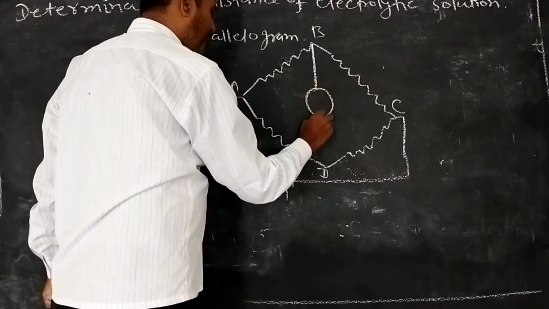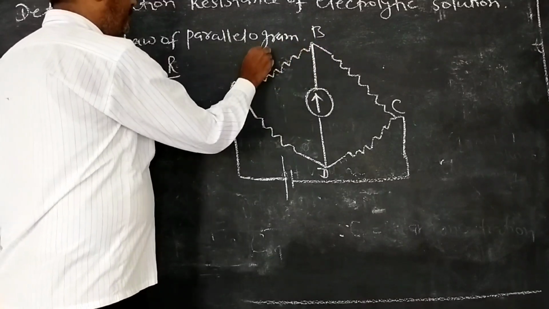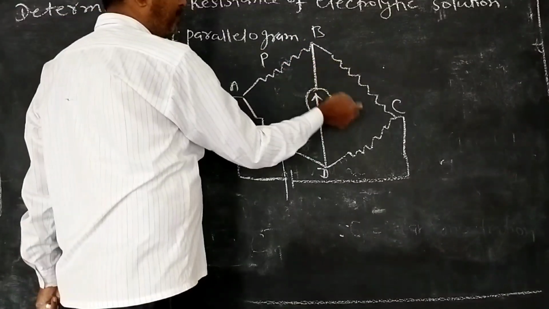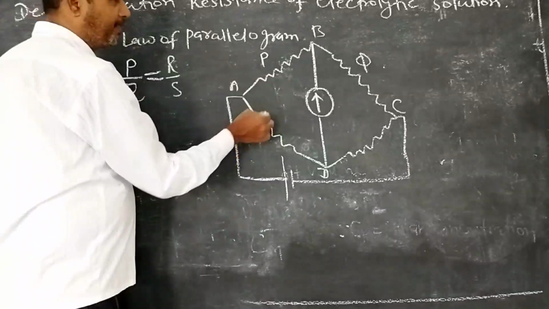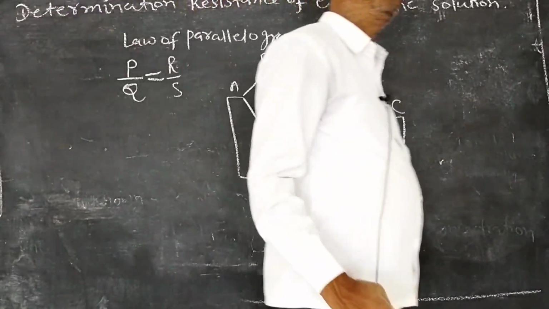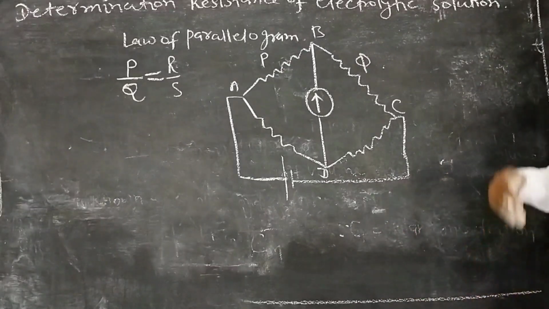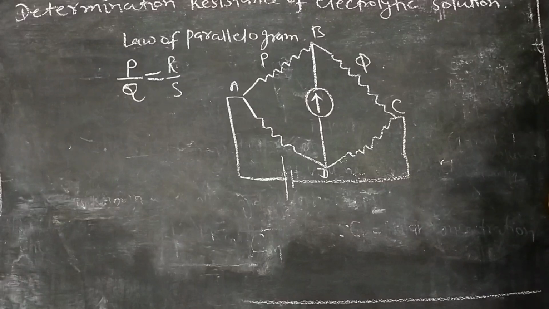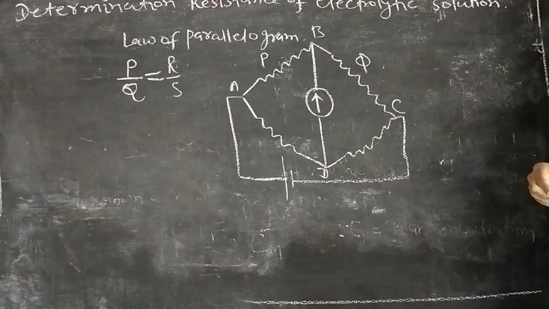Here galvanometer is set up. The resistance of AB side is known as P. Resistance of BC side is known as Q. This is known resistance and determined with the help of resistance box. In a resistance box, a lot of resistances are set up. When we pull the key of definite ohm, then load equal to that resistance will automatically be set up in our circuit.